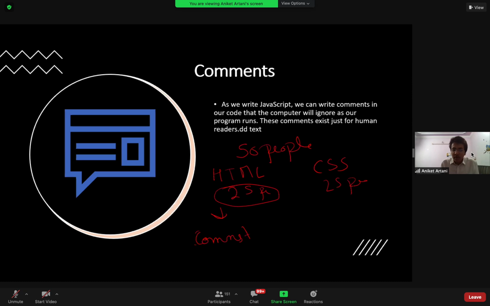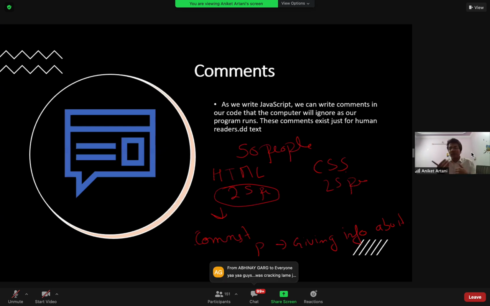that they have used a paragraph tag here for giving information about something, so that when the CSS person comes, they will know which color they need to apply where and which type of things they need to use there. So comments are basically used for collaboration in the project.